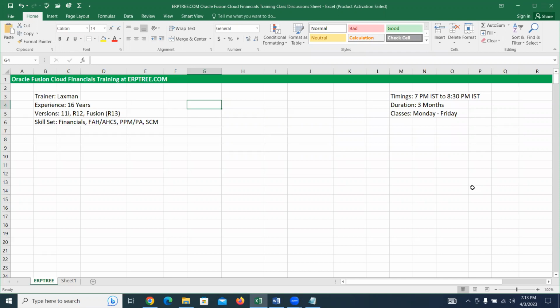Yes, there are opportunities in the market for freshers. If you say I completed so-and-so course or training, they will test. If they find you are okay with that, they will take you. But there are fewer opportunities in the market. More opportunities are for the experienced people, 3 years, 4 years, 5 years. There are many opportunities in the market. That is the reason, by understanding the market requirements, people are claiming some experience and they're trying for the jobs. This is the reality you see in the market. I'm not trying to educate anything.